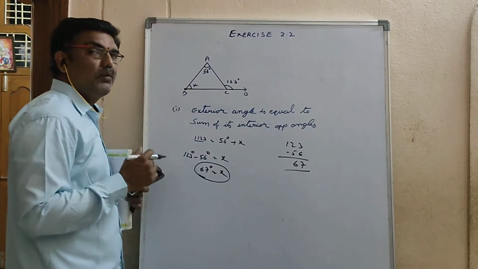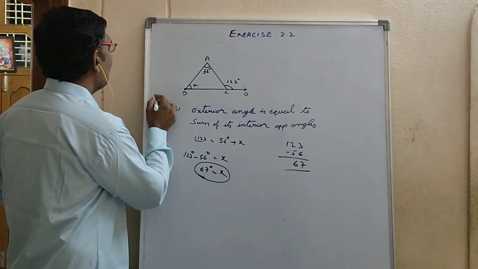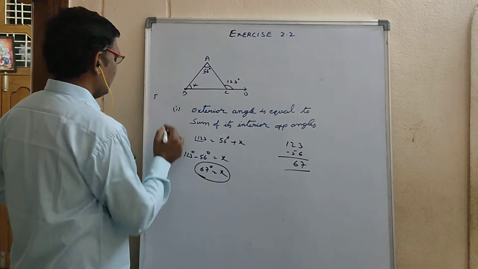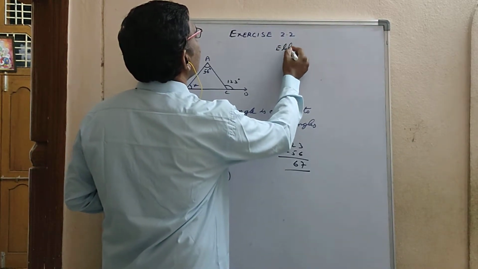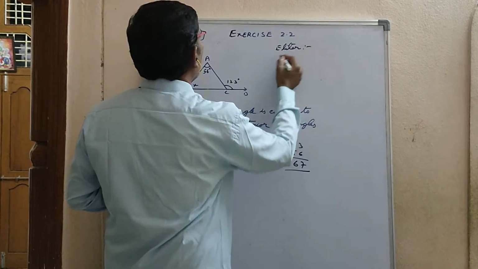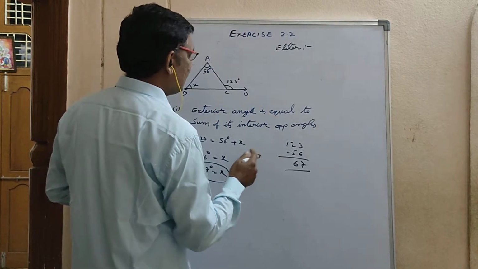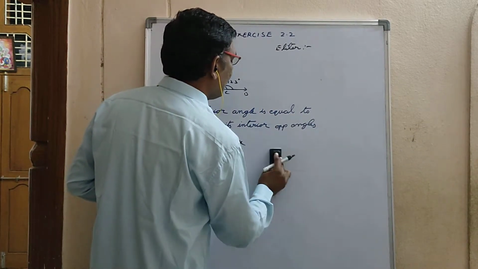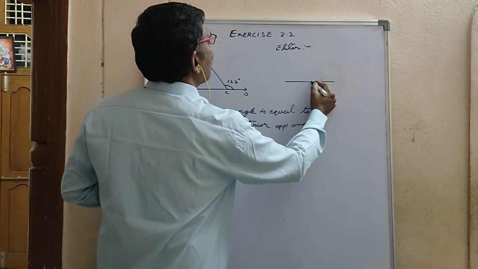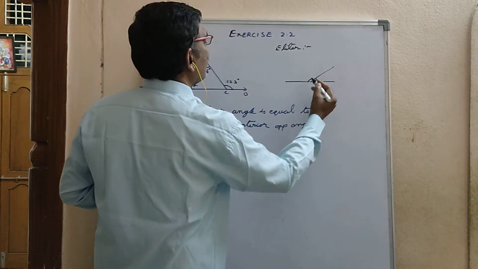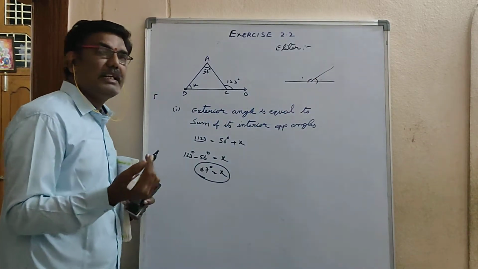The same sum we can do in many methods. This is one method. Now another method. What is the other method? We will see it. In this one, more rules you have to follow. The rule is linear angles. Two angles on one straight line: the sum of these two angles is 180 degrees.